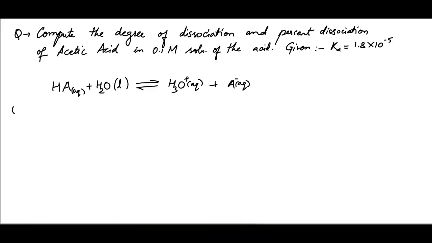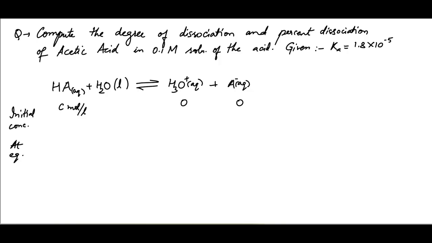Now the initial concentration, before the dissociation happened, let us say was C moles per liter of the acid HA. And initially this is 0 and this is 0, and at equilibrium